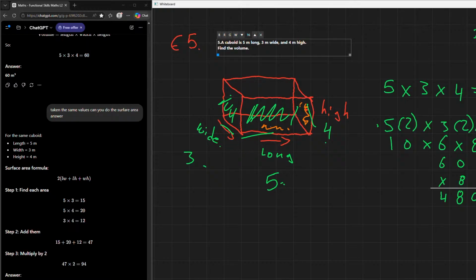What? I think the way I represent this is kind of wrong, but the surface area, to be honest,